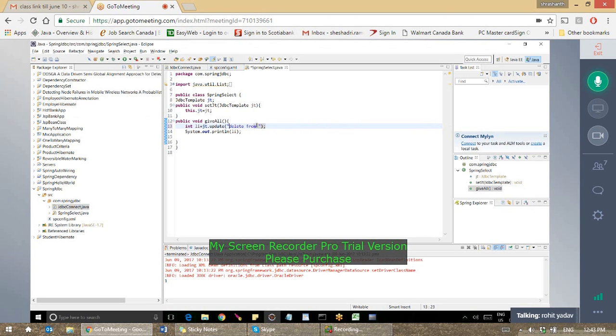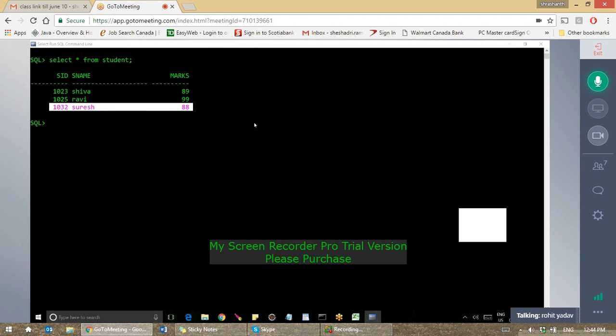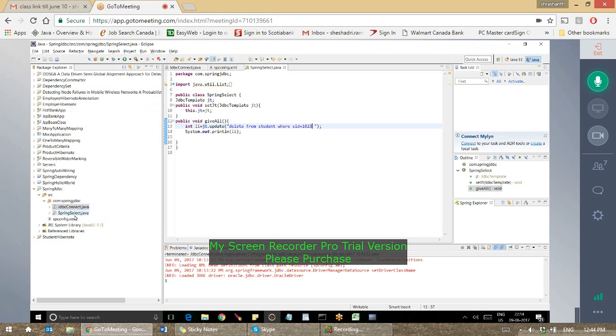Delete from what are the values? You can say student where SID equals to 1023. 1023 is there, right? Yeah. So if I run this thing,